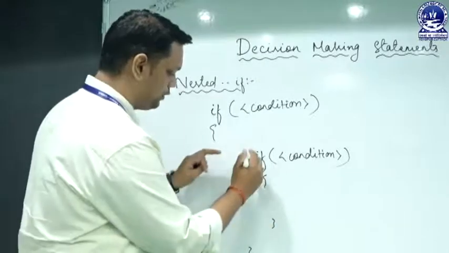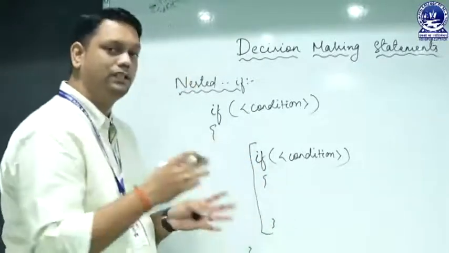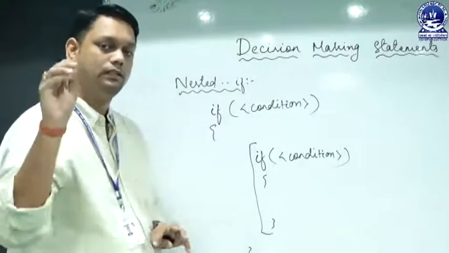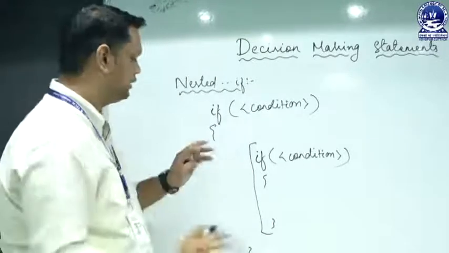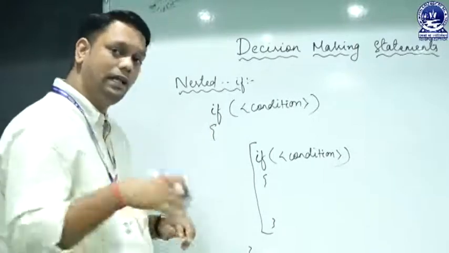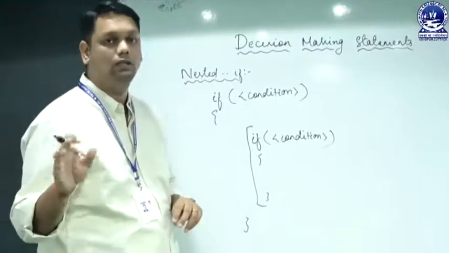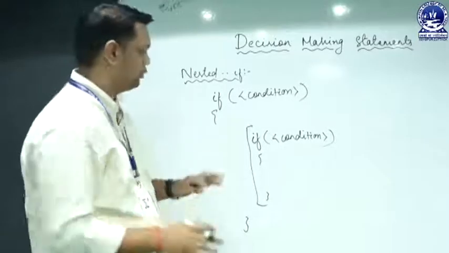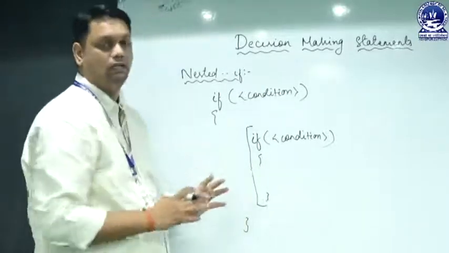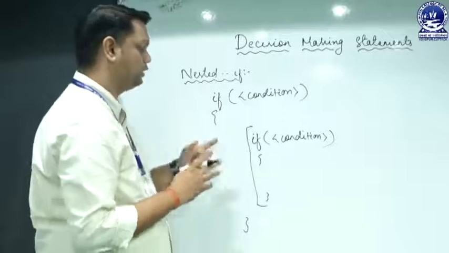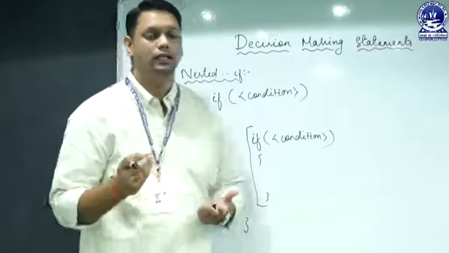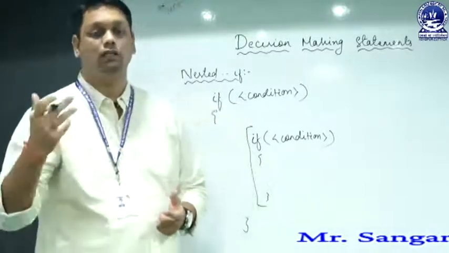So this if condition can have an else if statement followed finally by the else statement. Similarly, this if statement can have an else if statement, and it will continue till the last else statement. So this is the syntax of the nested if statement. This is most probably required when there are multiple choices or multiple conditions.